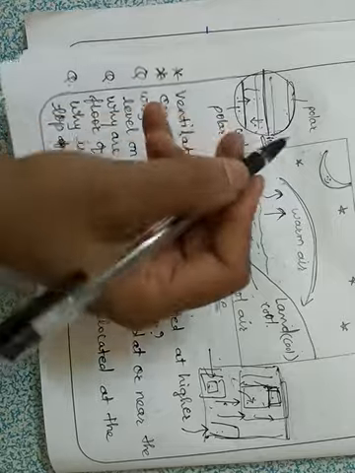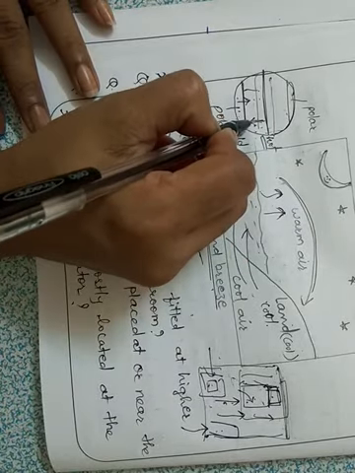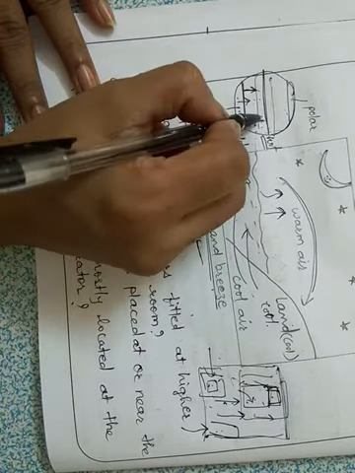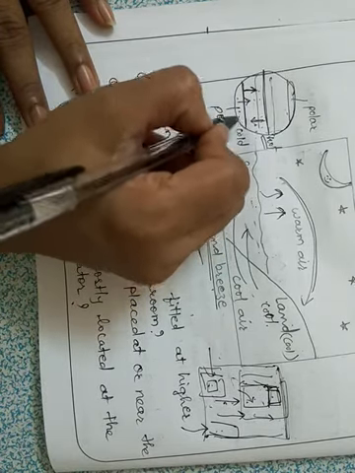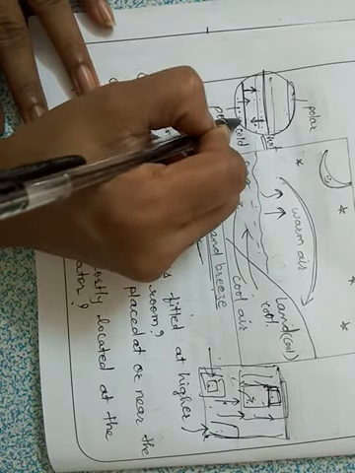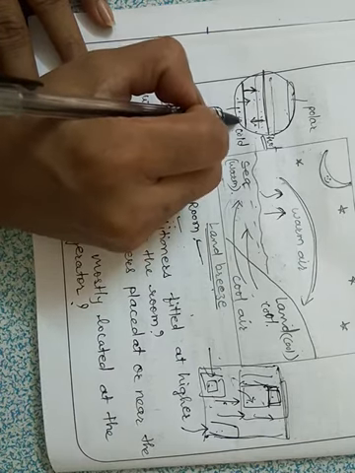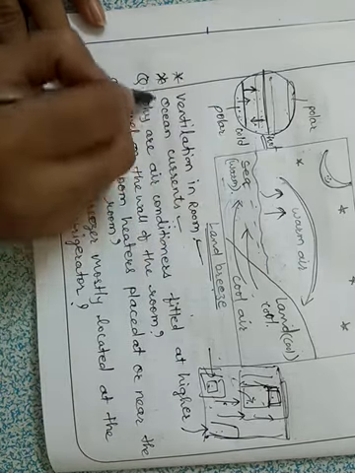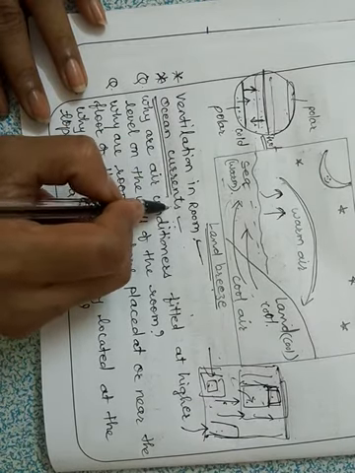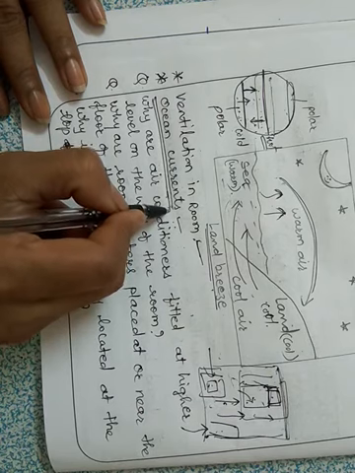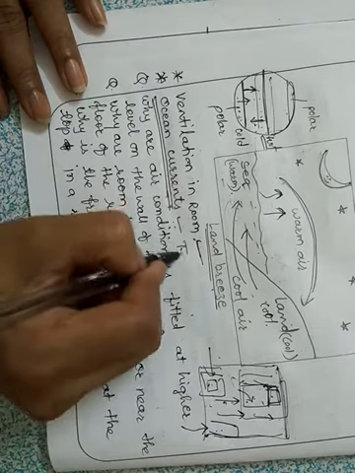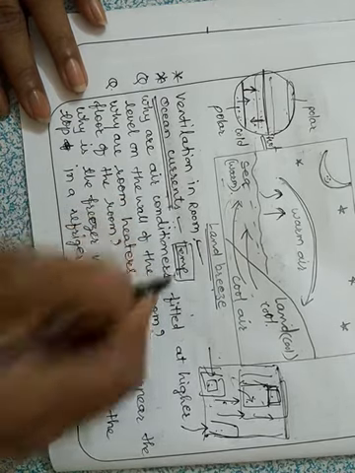Means this warm water, or we can say hot water, is above the surface and the cold water is below the surface. So in this way this movement of the ocean water takes place because of the difference in their temperatures, and this flow of ocean water is known as ocean currents. This is also a good example of convection currents, and these ocean currents help in maintaining the temperature of ocean water.